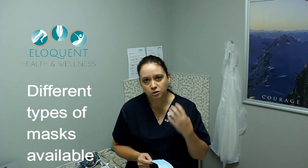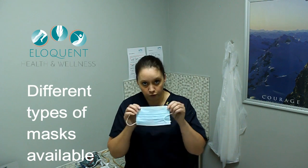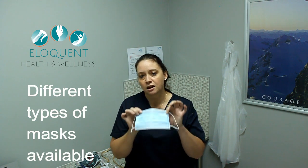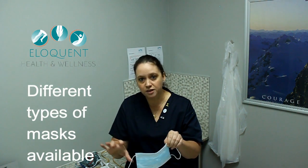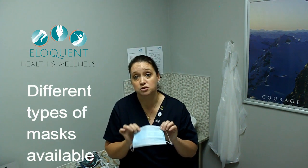But because there's a mask shortage at the moment, globally and in South Africa, we are forced to wear a mask like this for a whole day. And if you don't have masks, in some instances, medical professionals will have to wear the same mask for even up to 5 days, where they spray them, get them to dry and reuse them. Just imagine how our skins are looking when you have to reuse a mask, because there's not enough mask for